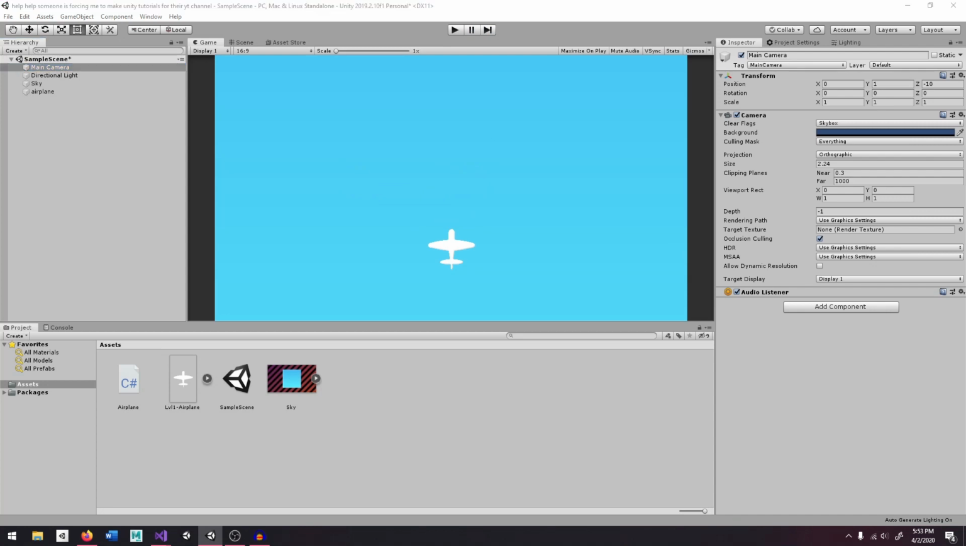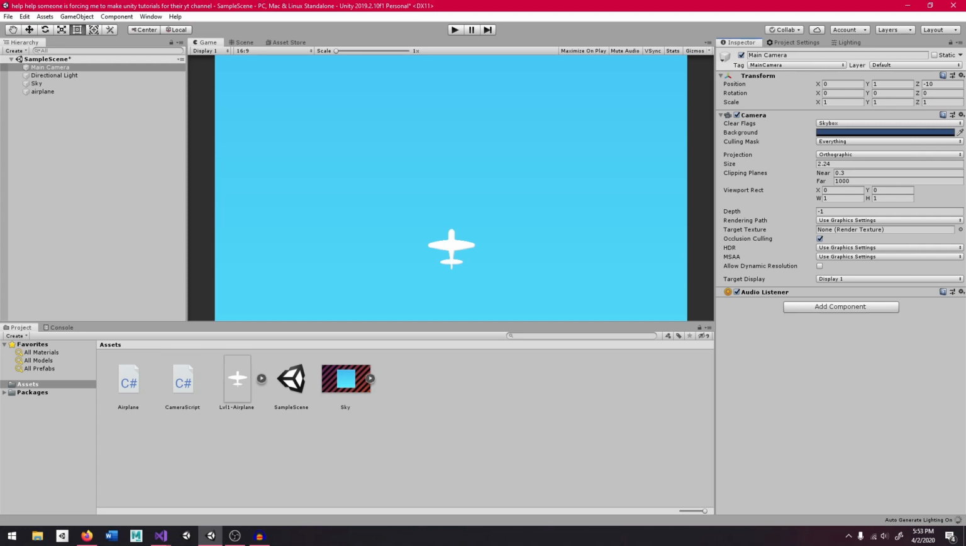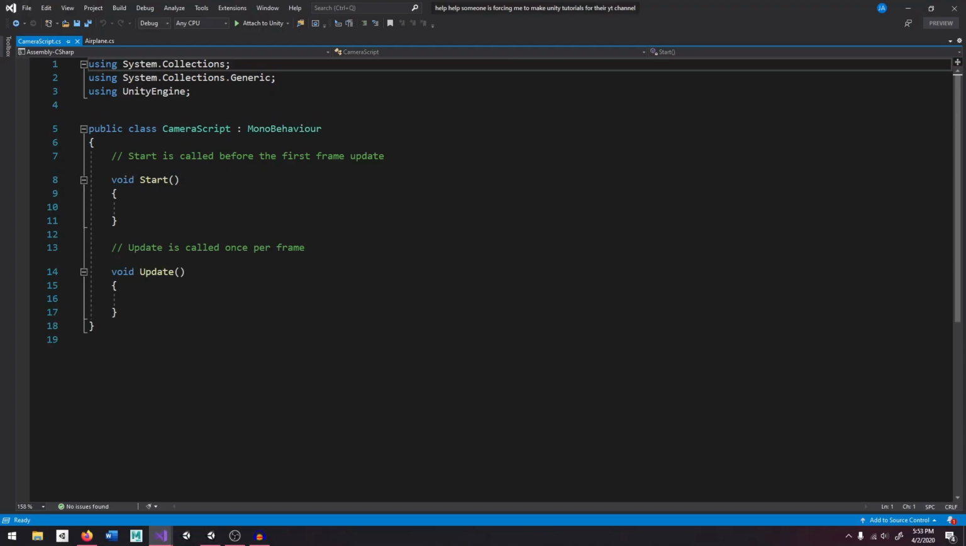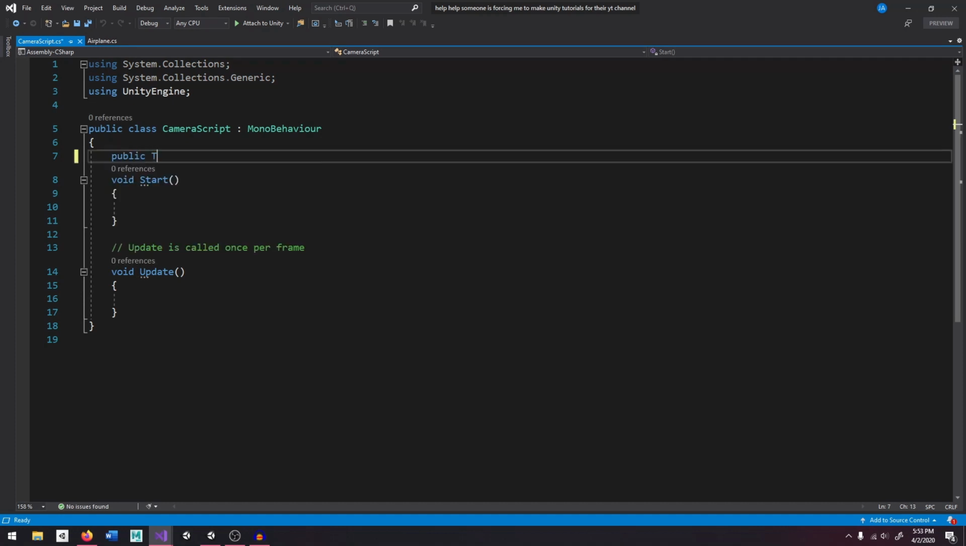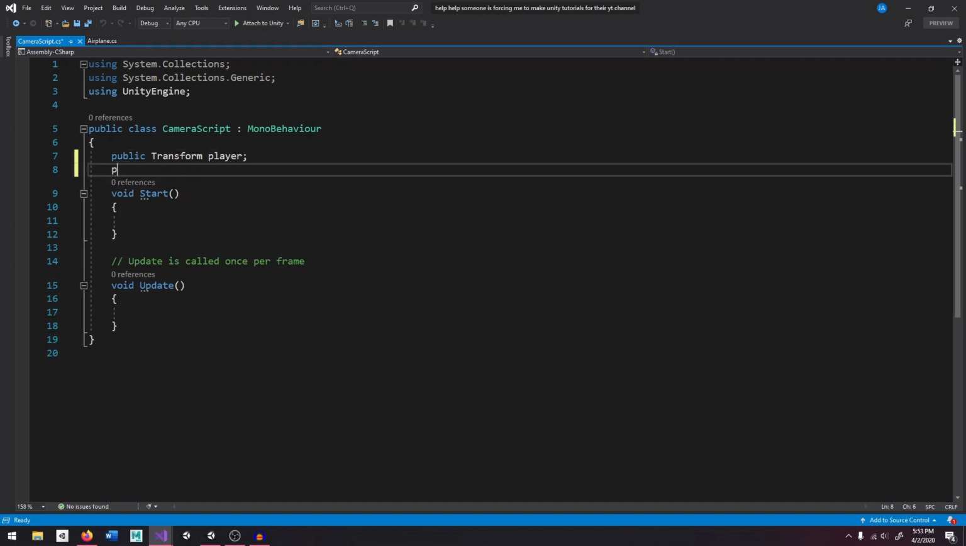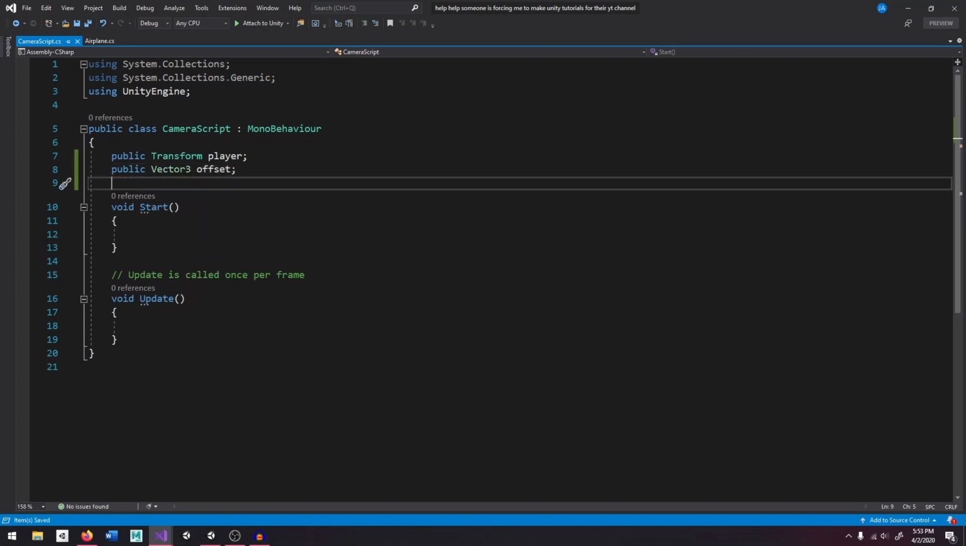I'm going to go to the main camera and make this follow the airplane, so I'm going to type in camera, and I'm going to double click on this to open it up. And all I need to do to make it follow is make a public Transform called player and a public Vector3 called offset, and also a public float called followSpeed,